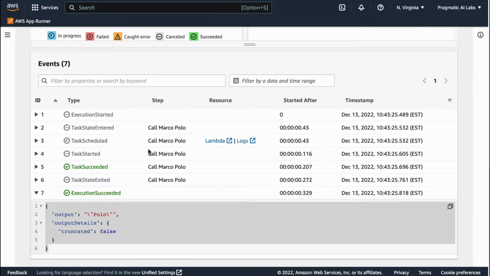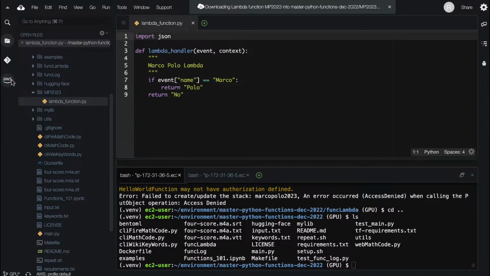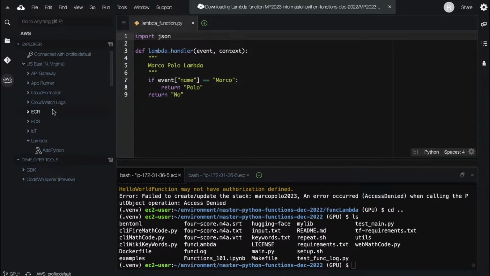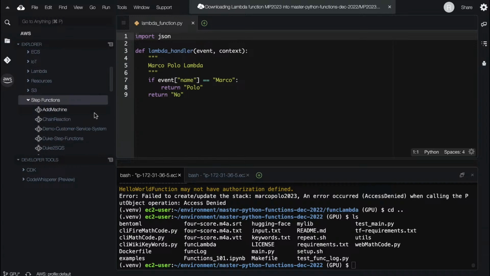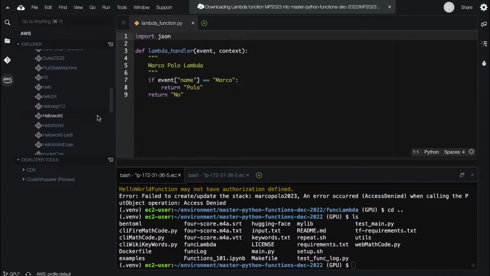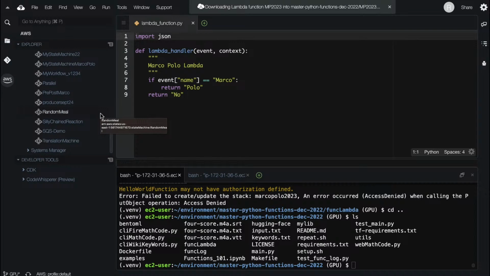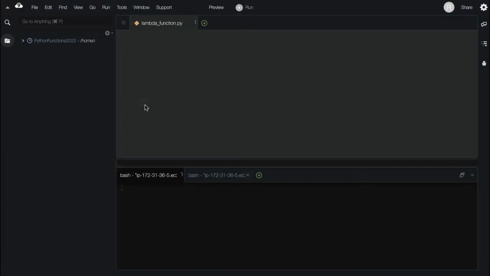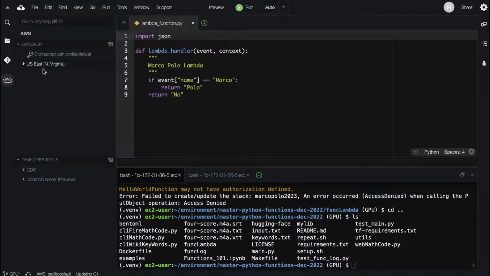Even further, what we can do, that's pretty cool, is that we can, I believe, invoke it from here. Let's see if we see Step Functions inside of here. Step Functions, yep, there we go. And we can look at the, let's again refresh this page real quick. And then let's go back to AWS, and let's go to Step Functions. And what did we call it?